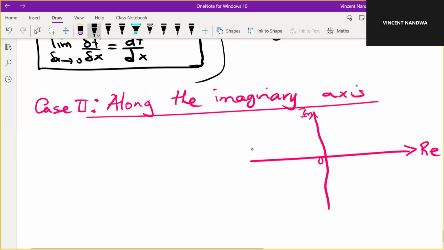Don't forget that always z is given by x plus iy. So if I'm moving along this axis, either down or up, but along the imaginary axis, and I want to approach the point 0,